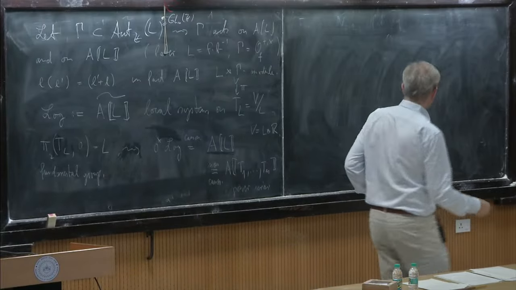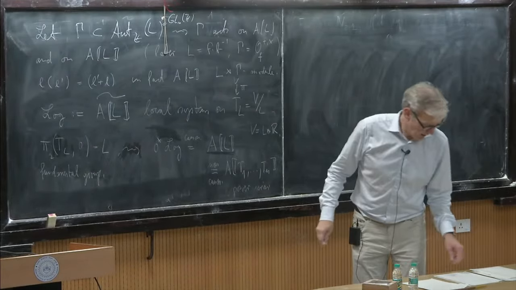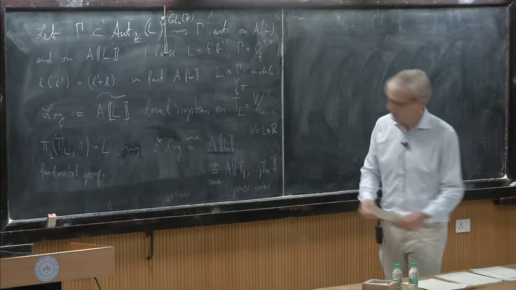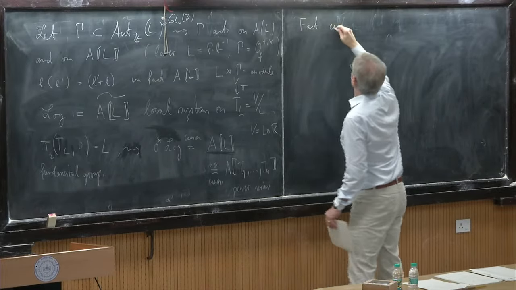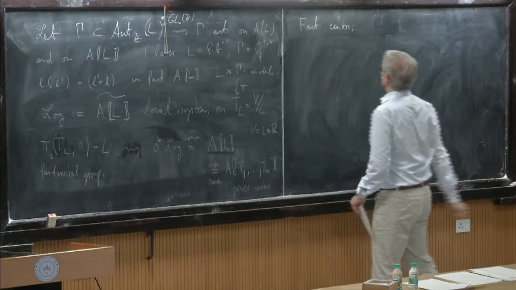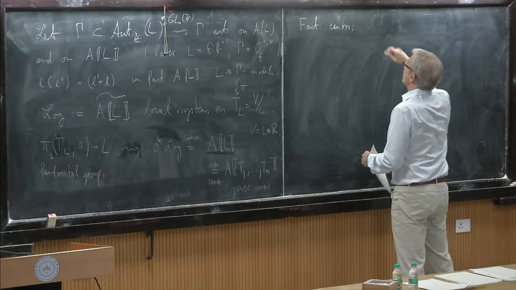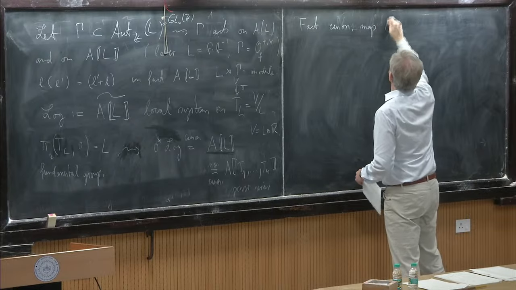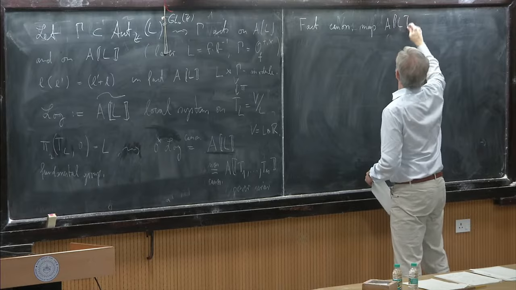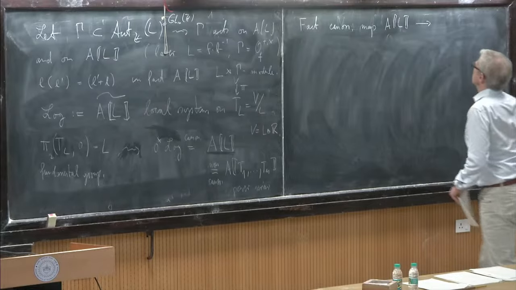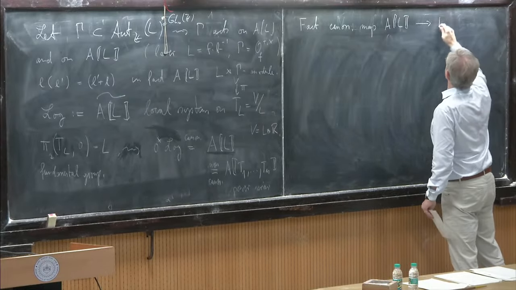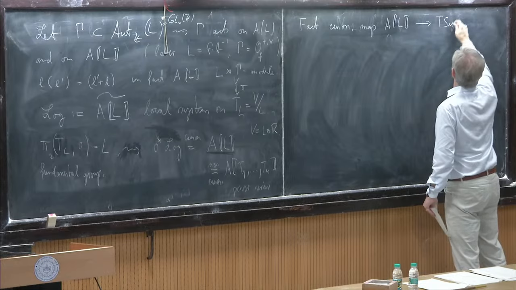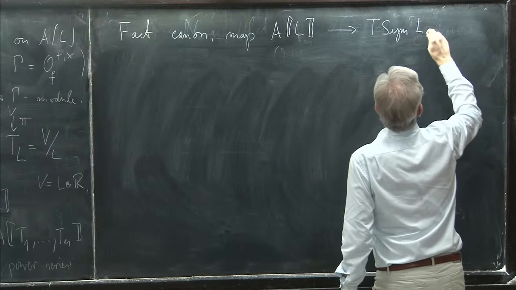So there's always a canonical map. Fact: we have a canonical map, without choosing any basis of L, from this completed group ring to the completed symmetric tensor algebra. So you take the symmetric tensors in L_A